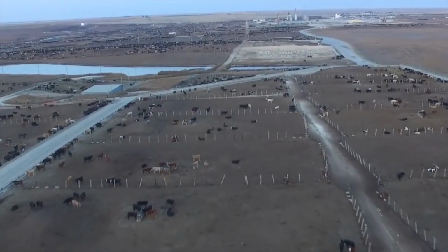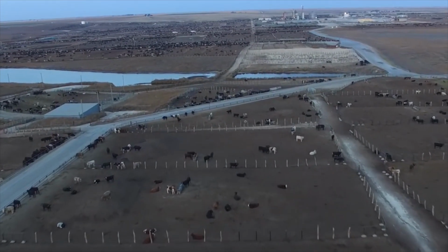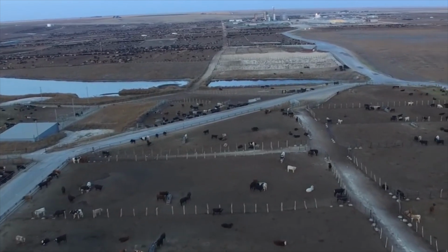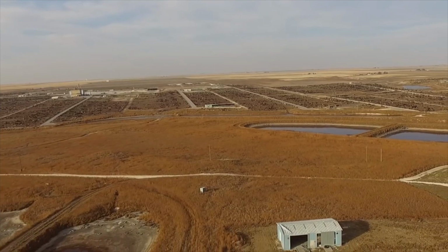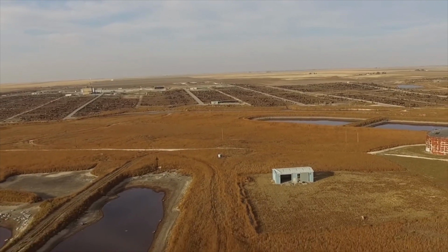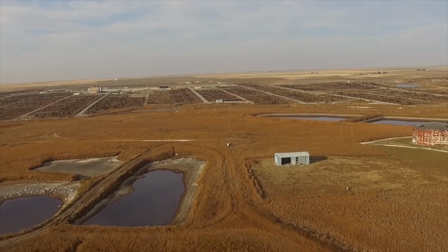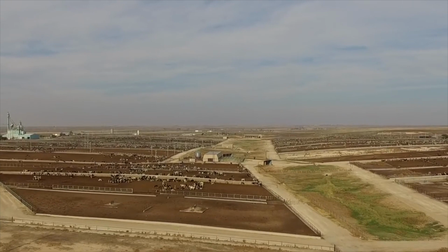When cattle are fed and contained in confined areas, such as the feedlots shown right now, the behavioral and mental impacts on productivity come into play. Lack of stimulation and enrichment decreases their overall well-being and economic efficiency. Our goal is to answer the question, how can we help producers alter behavioral impacts of confined cattle for feedlot